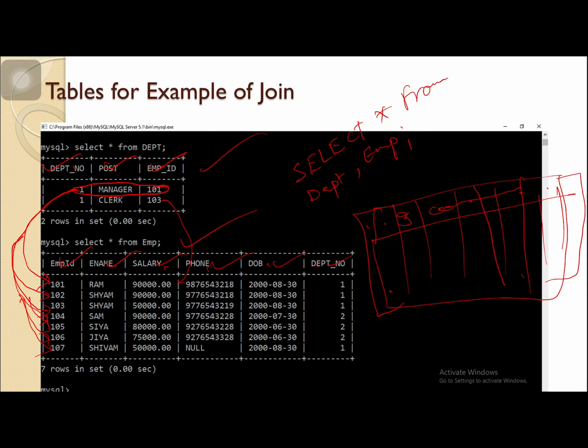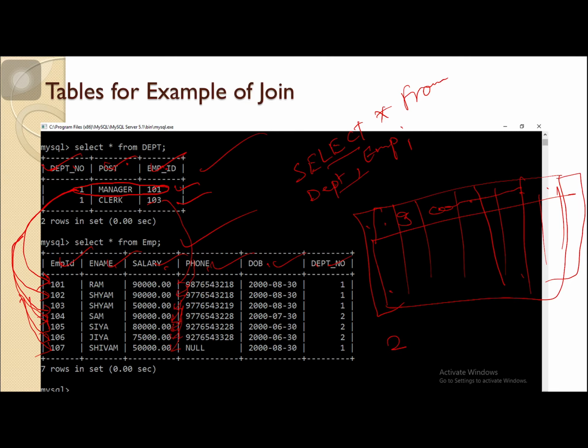In the same manner, this row will also combine with this one, then this one, and so on. It means all the possible combinations of both the tables will be formed. The total number of columns of this query will be the total number of columns of both tables, and the total number of rows will be the multiplication of the rows of both tables.